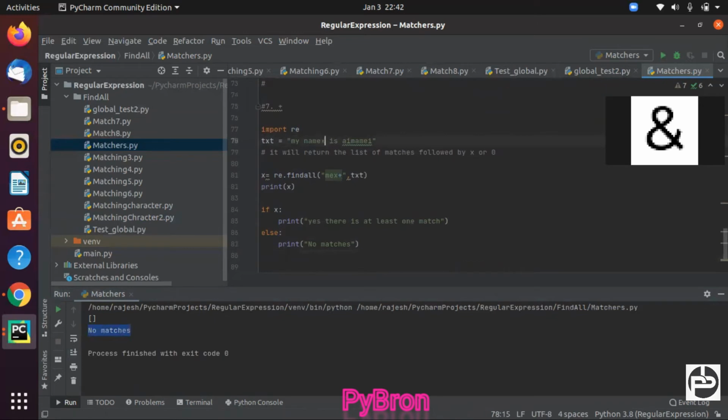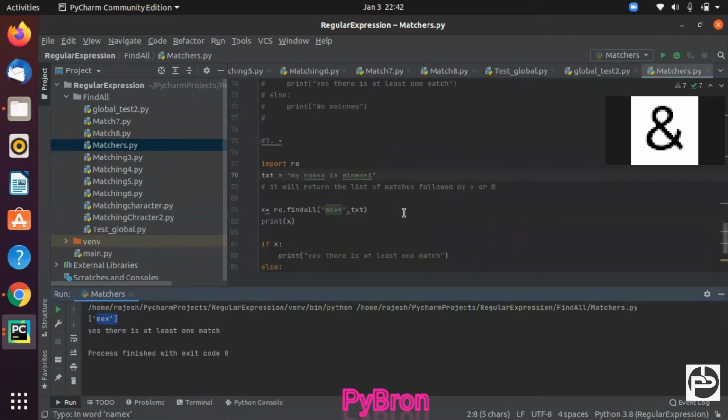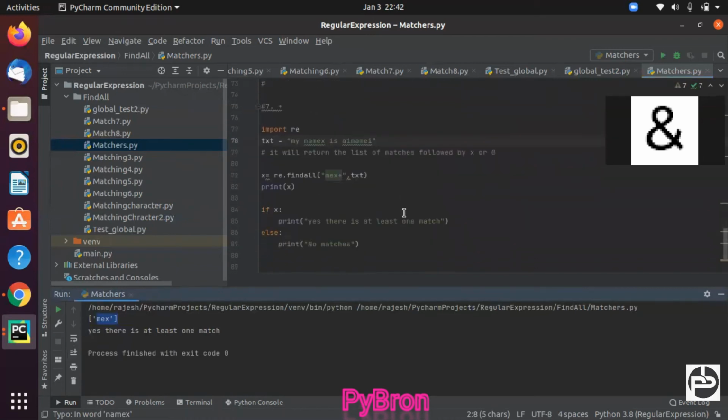So let's suppose I keep here x, and now if I execute, you can see me x, and yes, there is at least one match. So the asterisk works in reverse: in asterisk, whether x is there with me or not, it doesn't care. But in the case of plus, with the me there should be one x, then only it will match. Hope you understood this asterisk and this plus symbol.